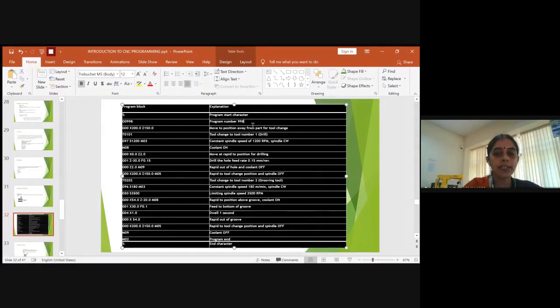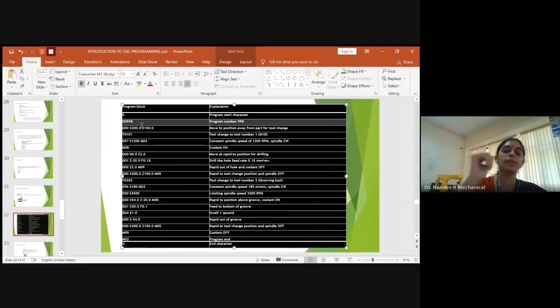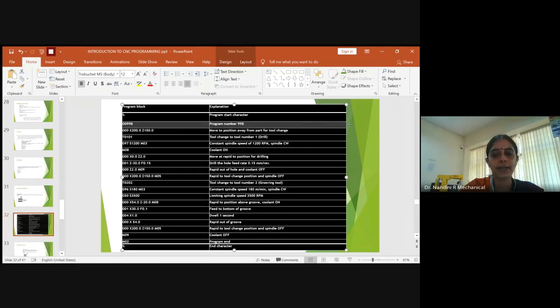And then next you should always assign a number for the program. Starting initially it will be 00. After that you can assign the number based on the programs you are giving one by one to the system. So if you write 00998, then it shows that the program number is 998.